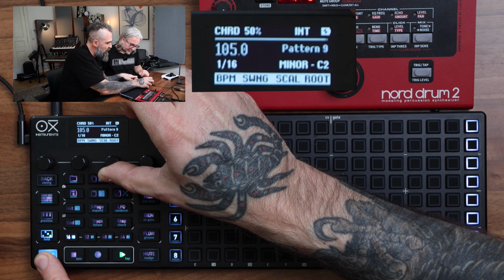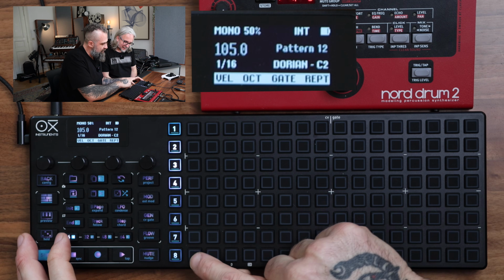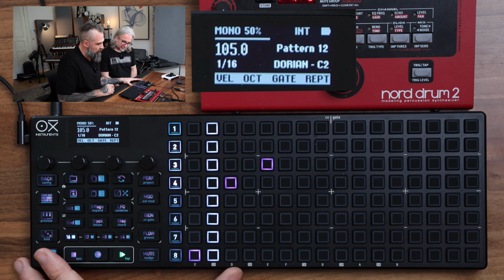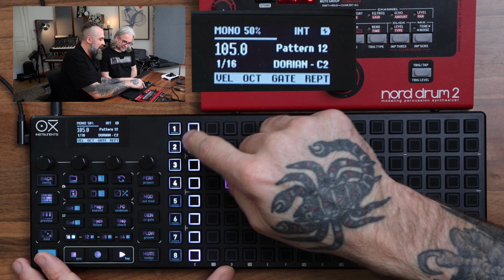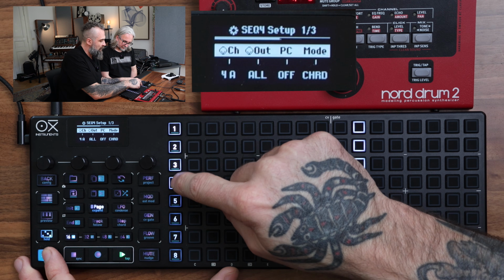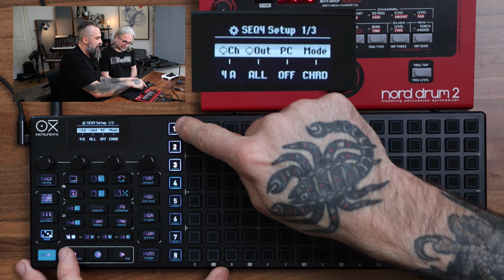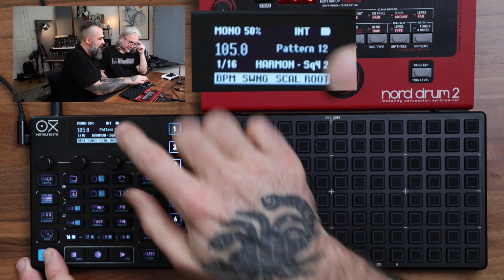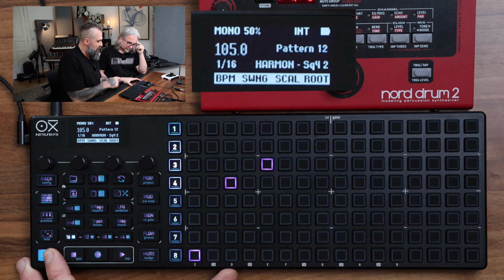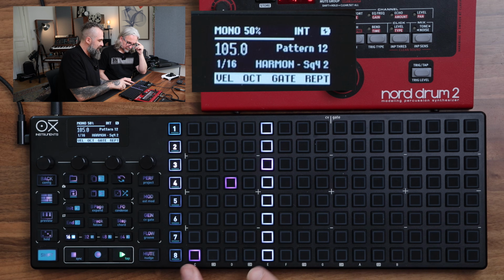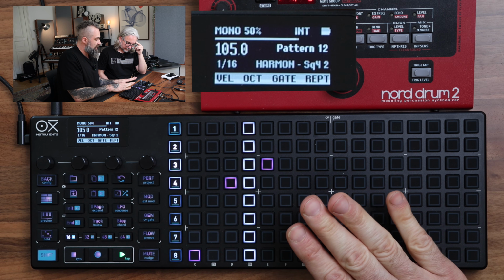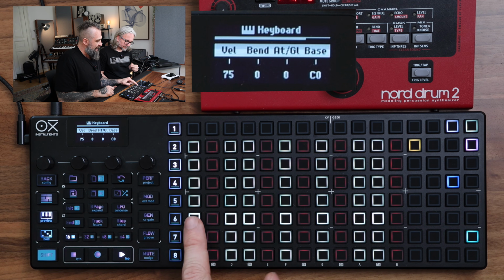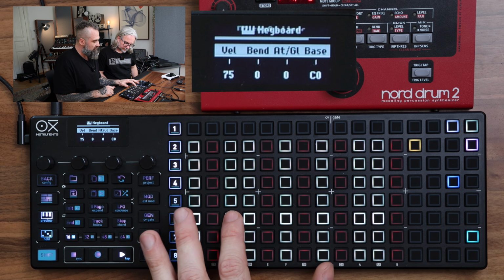So we will go Dorian. Let's set a simple thing here. So it's C Dorian. I would set up track 4 as our chord track, and instead of using Dorian C4 in track 1, I would say harmonize to sequence 4. So now if I play, this is just not harmonized, so it plays only the C. But I go on track 4, and now, whenever I change chord,